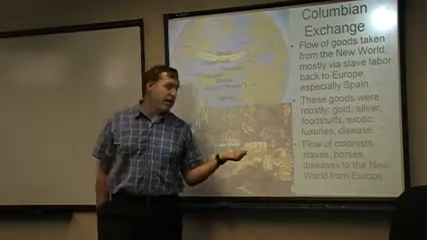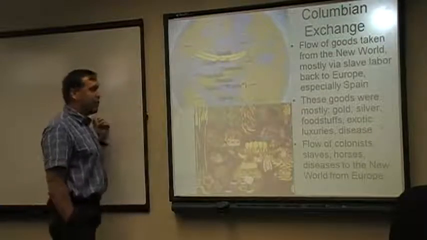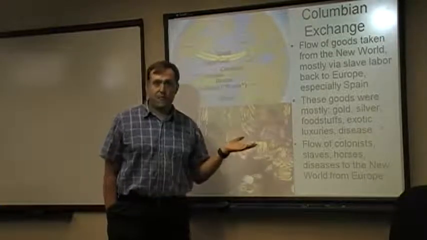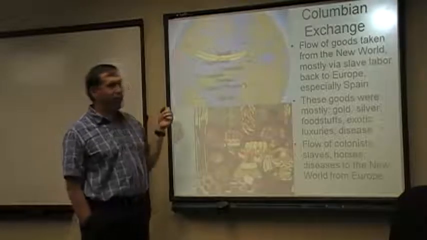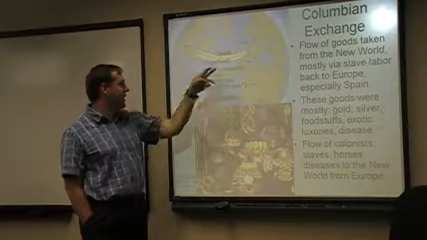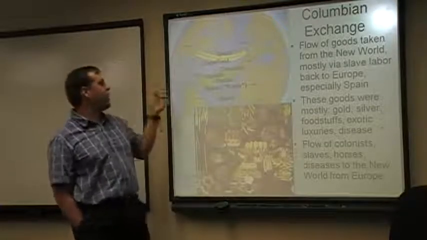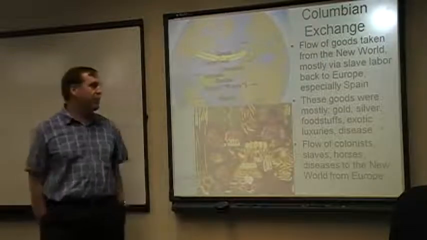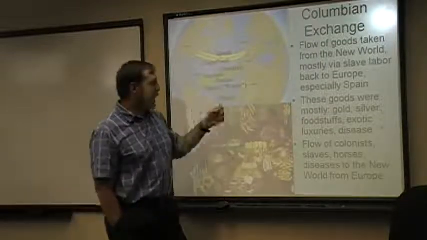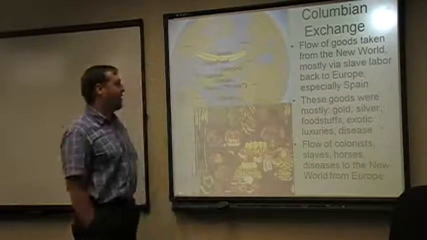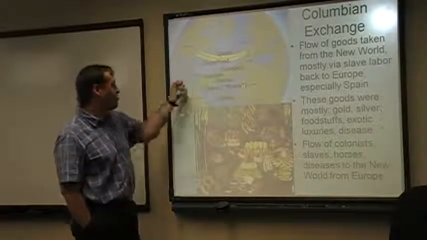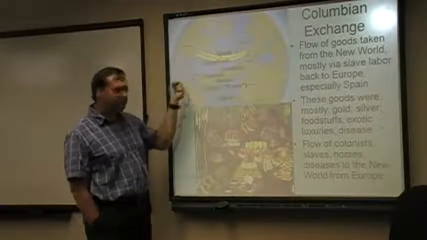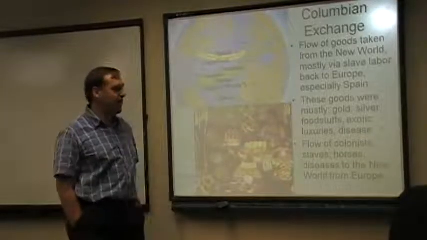Now, what we've got going in the other direction, from the Old World to the New World, are colonists, both white and black, right? So you've got your free colonists that are going to be moving into the Caribbean and then eventually onto the mainland of North and South America. Black slaves from Africa will eventually be populating, for the most part, the Caribbean, but also parts of South America and eventually parts of North America.